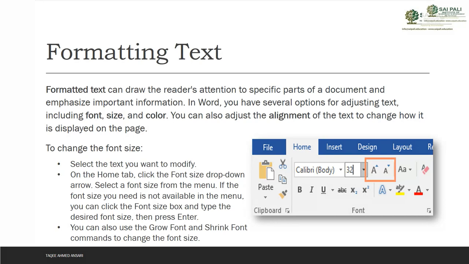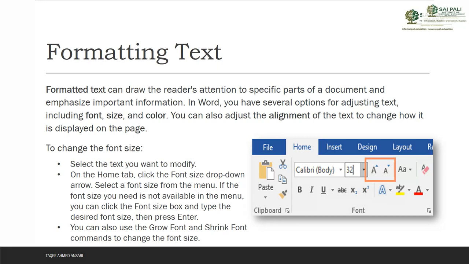Notepad also lets you add normal text, but Word gives you the option to format that text. When you format your text, you can make it more attractive and easy to read, so that anyone can see what you want to show them. So for that you can format your text.